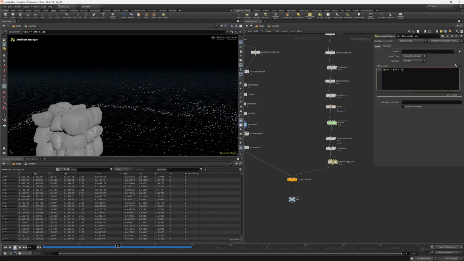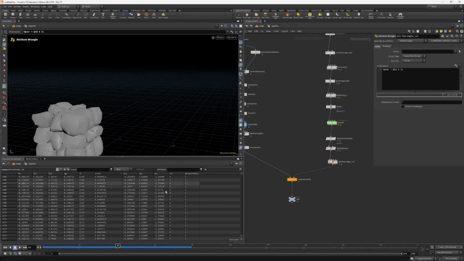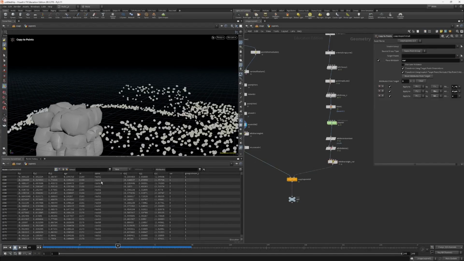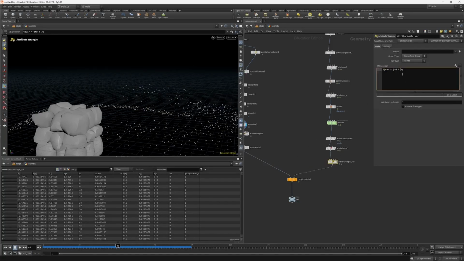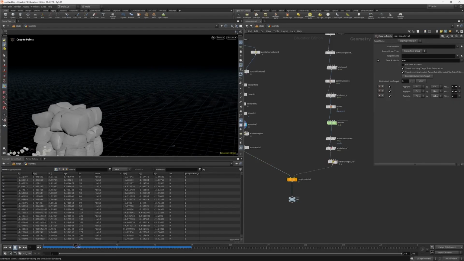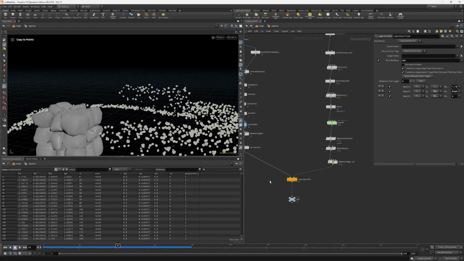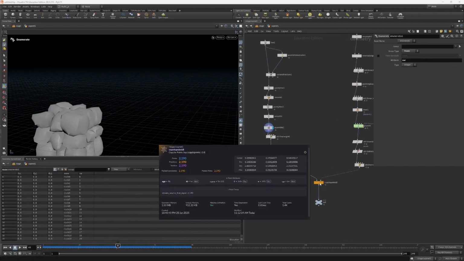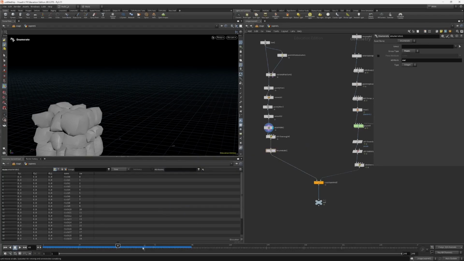So yeah, if I bring this back down to that 3, we'll only have 3 rock variations that's been copied if you want to limit the amount of instancing that you're doing. So let's just make it 10 so we've got a better example. And then, yeah, so that's it. So like I say, these are packed geometries coming in. So we've got now all our geometry packed, and let's have a look and see how that comes out in